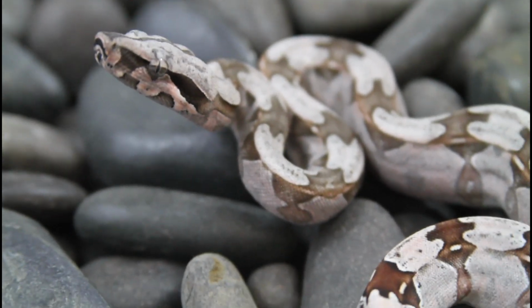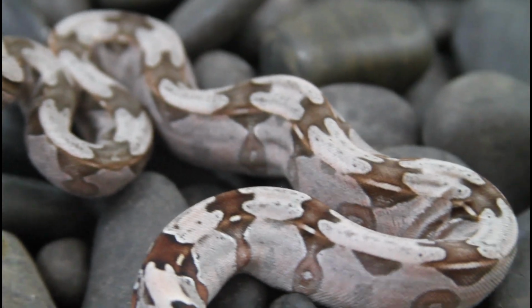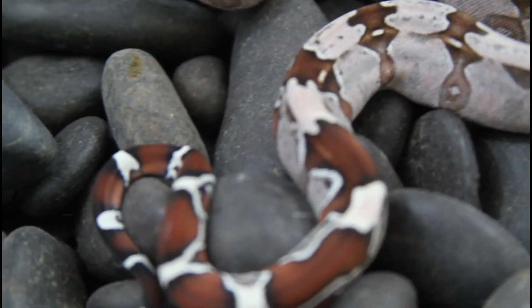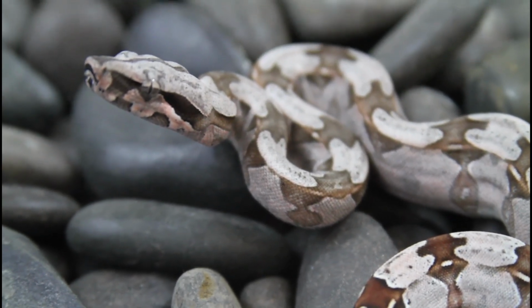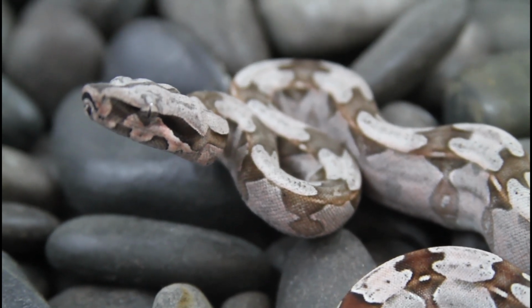And here's a side shot of this beauty. Hopefully that'll give you a better appreciation of his or her pink coloration, but you just can't beat that tail also. Gorgeous, gorgeous animal. And I love it when the best traits of both parents come together in the offspring